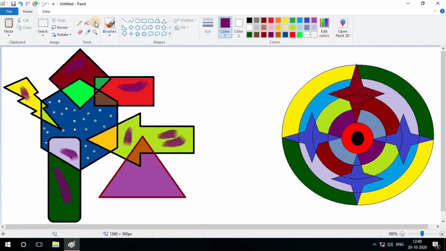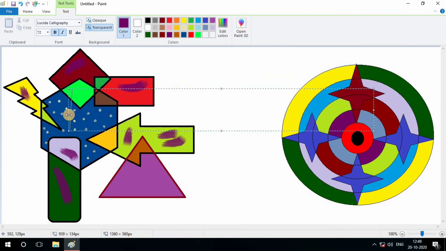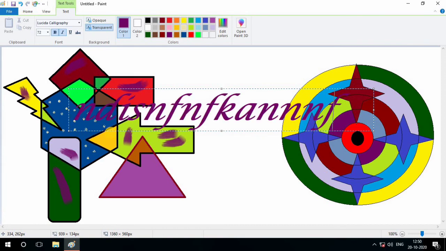Now see this A text. You can see the capital A letter from here. So by clicking on this and by pressing here, the text area comes here. You can see this is called the text area, and the cursor is blinking here. You can see this cursor also. And use both hands and type something that is written in this text.